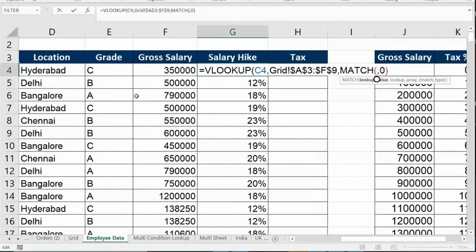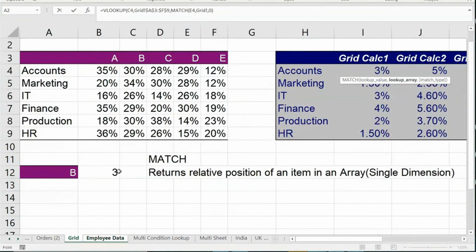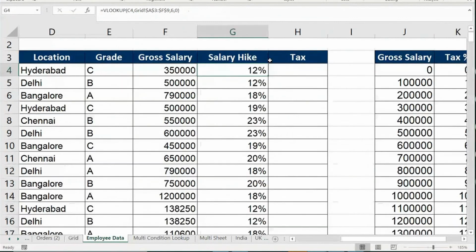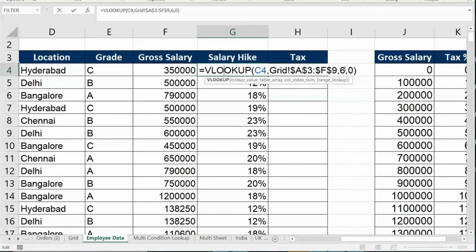Match what? Match this E4, comma, where? So I have to match this in the grid. So I'll go to the grid sheet and I take this table. Didn't get me? I'll just help you out again. In this formula, we considered everybody's grade is E and we wrote 6.